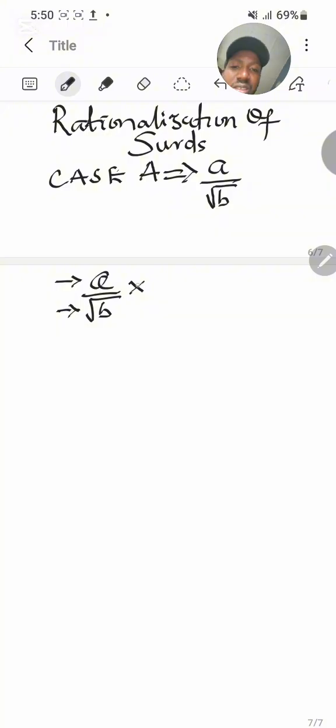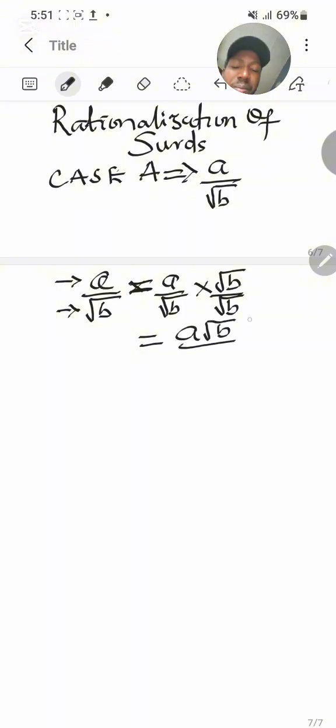So this is now going to become A over surd B times surd B over surd B. So A multiplied by root B will give us A root B. Now surd B times surd B is going to give us